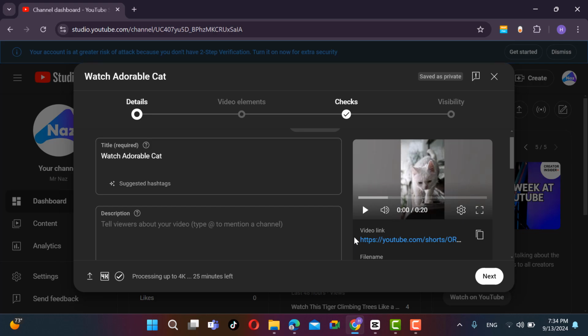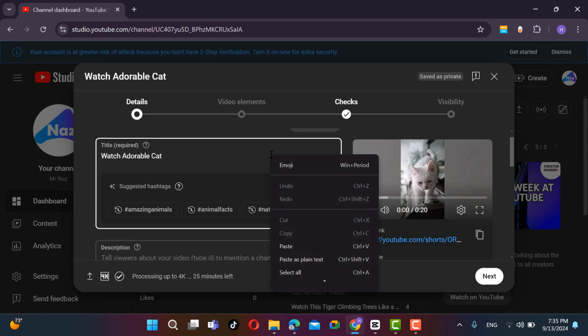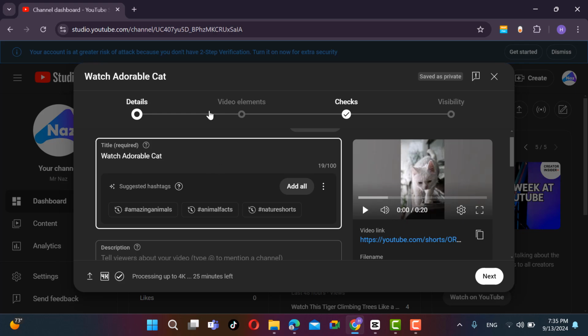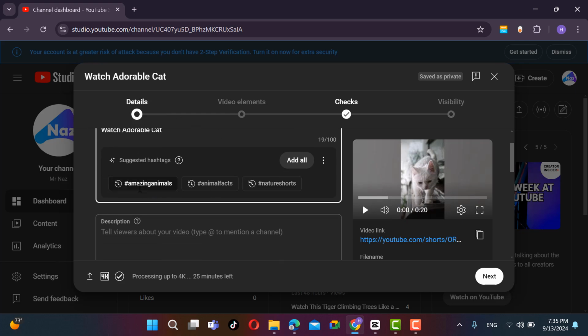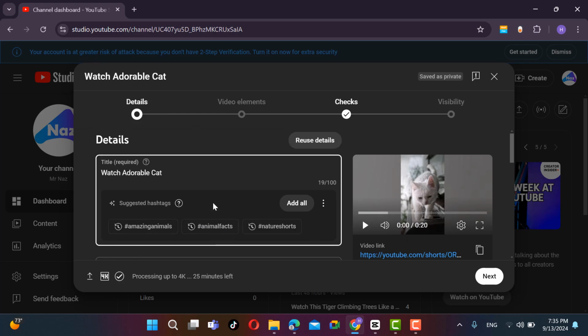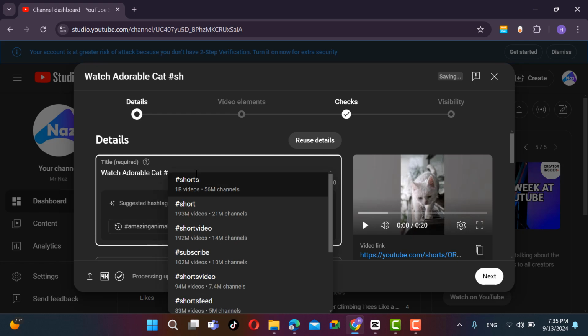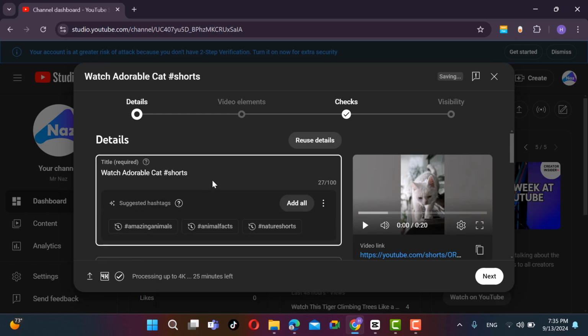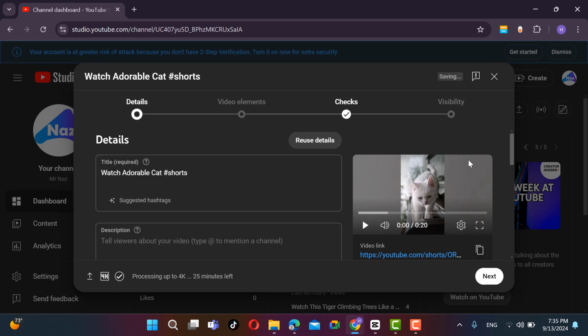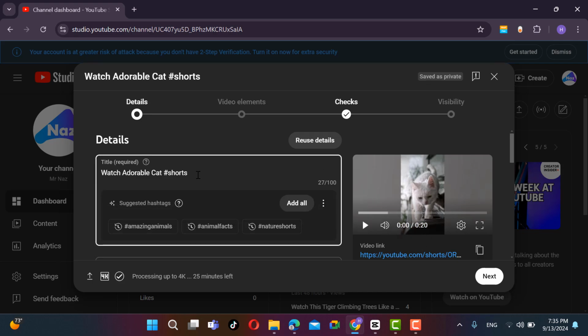Now after uploading the video, if you want to turn the video into a short video, you can easily do this by writing a hashtag in the title or in the description. For example, like this, shorts, and automatically your video will be a short. Okay. And you can also add some hashtags here, for example,